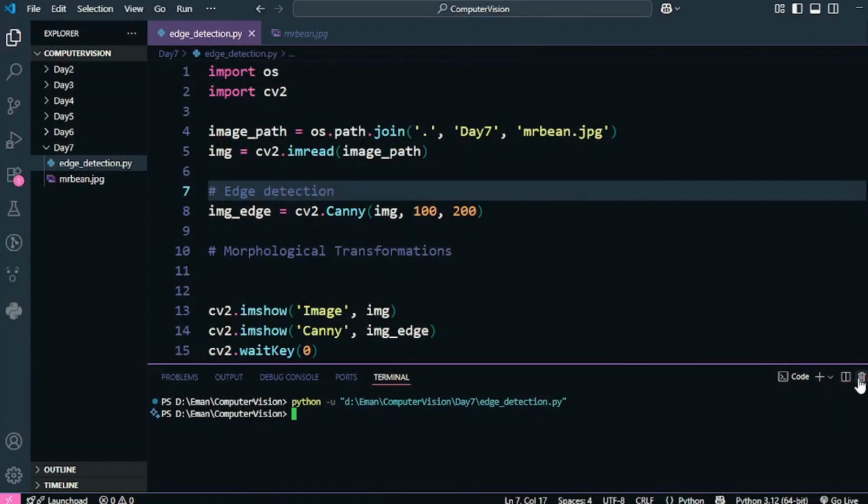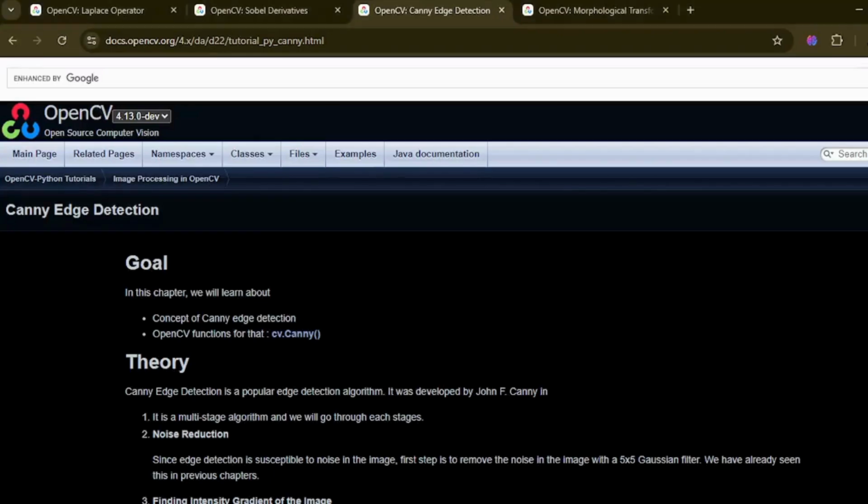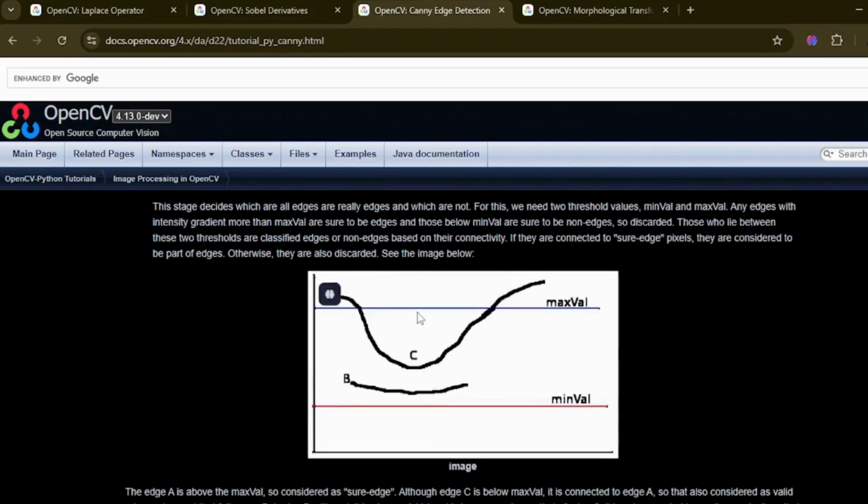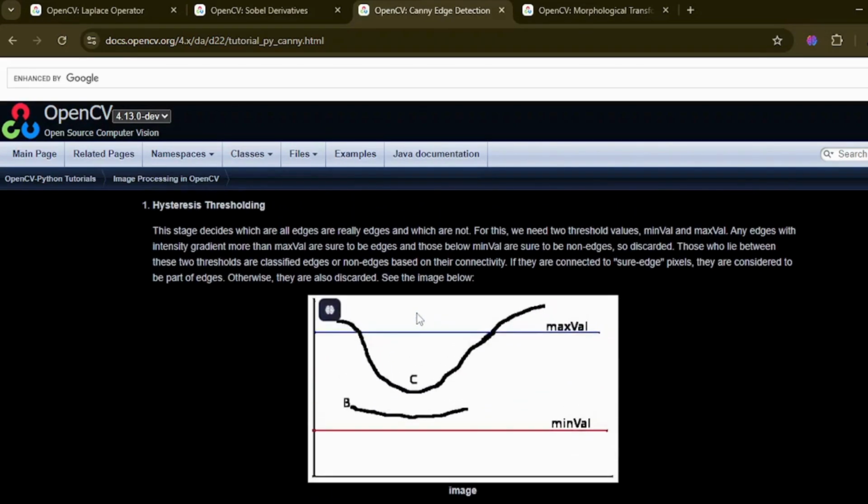But before doing that, let's first understand what these values mean. This is the documentation of the Canny edge detection, and as you can see, these two parameters that I passed are the threshold values. You can go through this topic as well if you want to, hysteresis thresholding. The first one is the minimum value, and the second threshold that you pass is the maximum value.